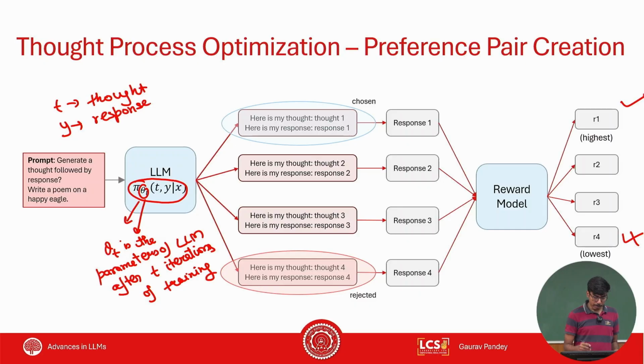Yeah. So now you'll pick this. Although you're getting reward for the response, you're not picking the response. You're picking this entire generation. Here is my thought 1. Here is my response 1. This is your chosen output,